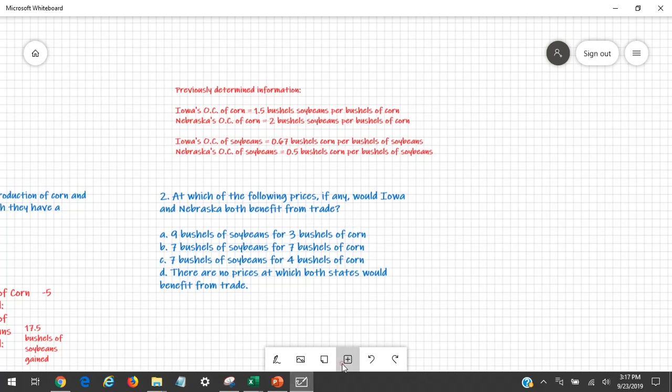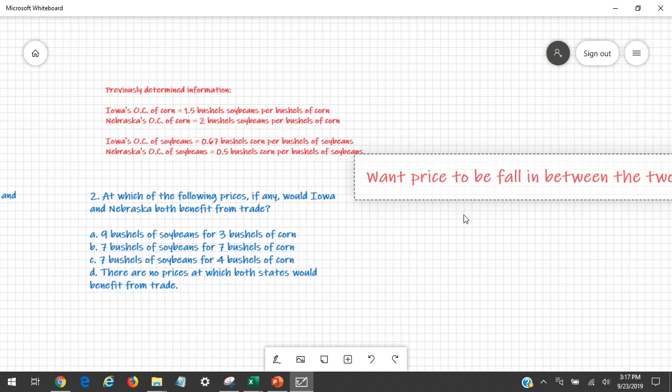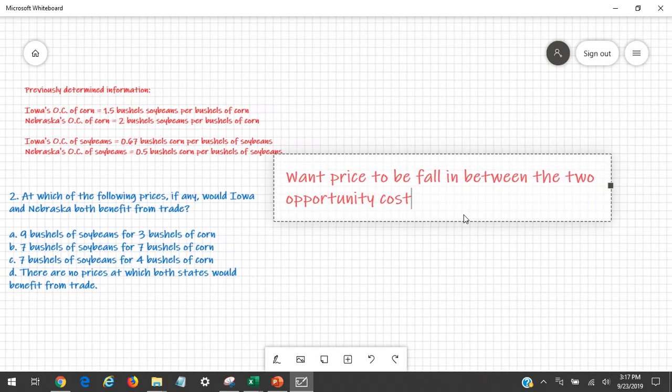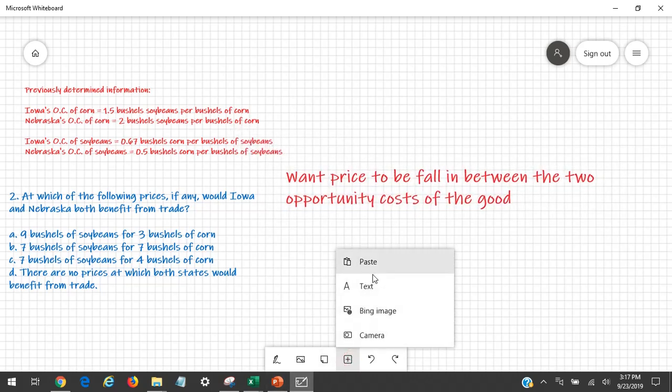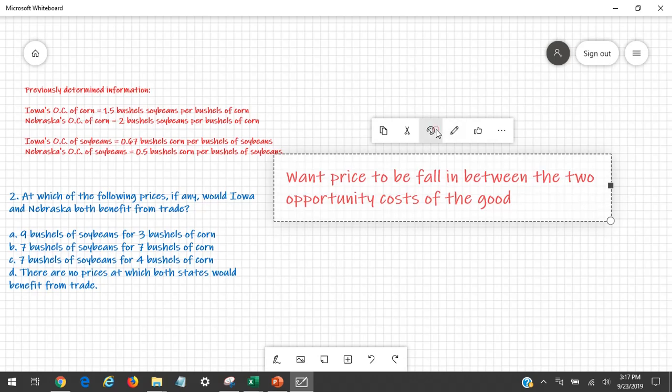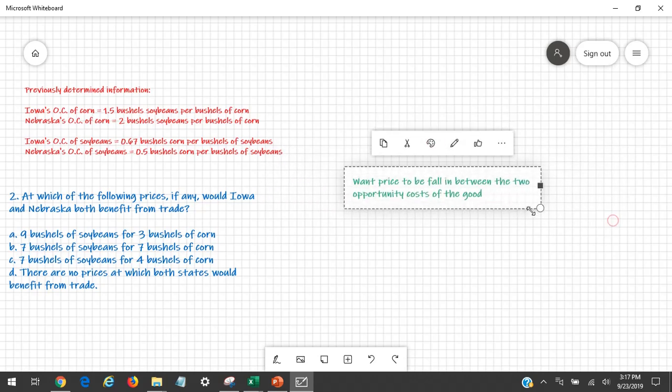So the key point to remember in a question where they're asking you about prices is that we always want the price to fall in between the two opportunity costs of the good. So this is what you want to remember. You're looking for a price that falls in between your two opportunity costs. I'm going to change the color. Okay, so